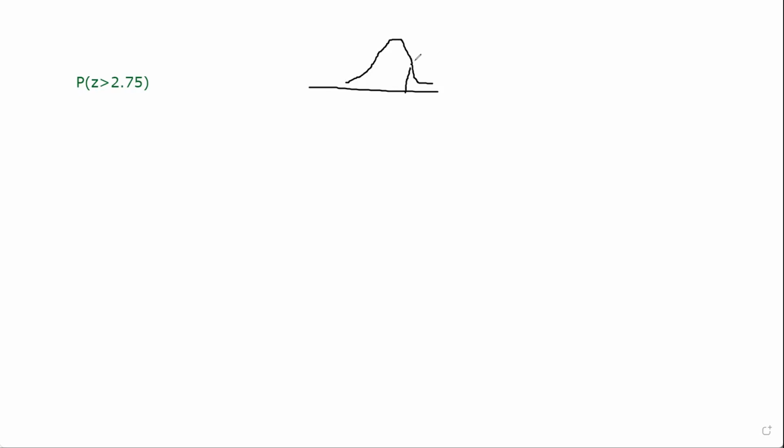This just means that this boundary line is not included, but it doesn't change the region. So this becomes, this is equal to